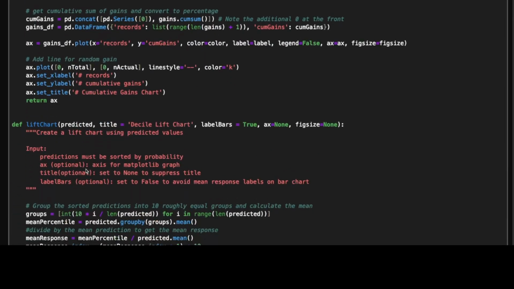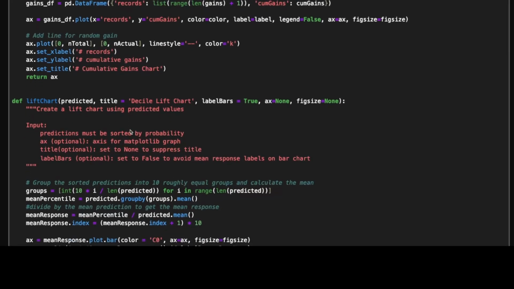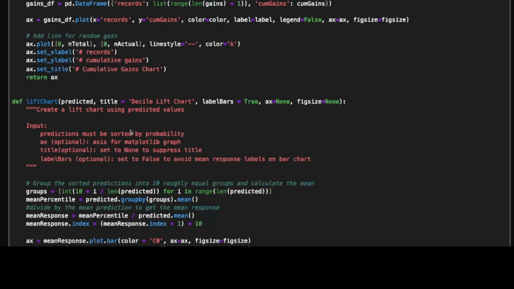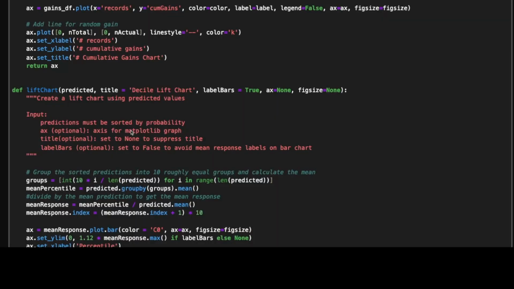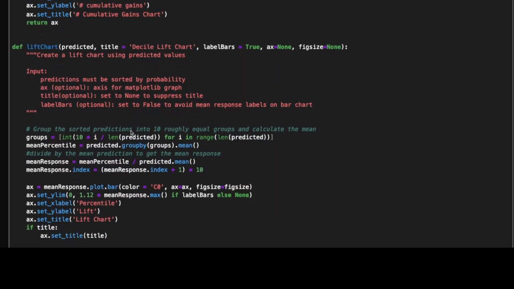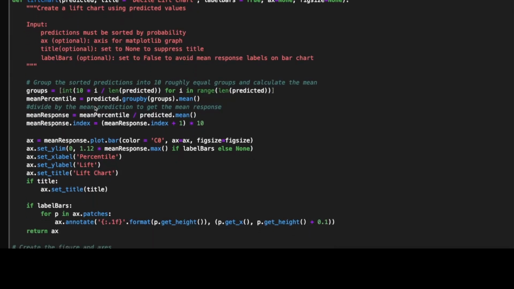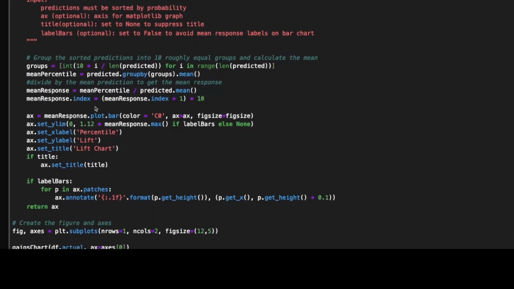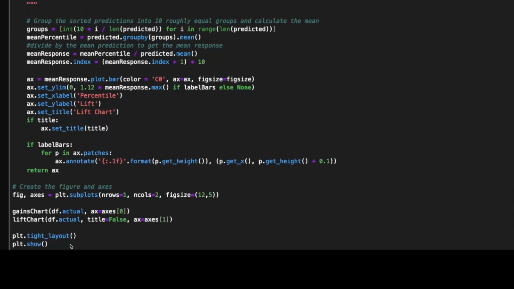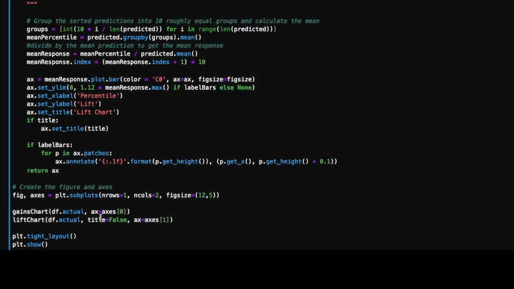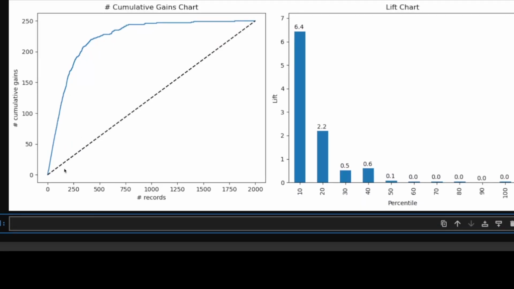And then the lift chart basically is a decile lift chart, which puts the values in 10% categories and then tries to create a sort of a bar chart. So this will now define lift chart and gains chart, and as we go down we also have the plot. So we will just plot this gains chart and lift chart, and then once that is plotted we can see how they look like. So I'm going to enter this over here, and we can see here the cumulative gains